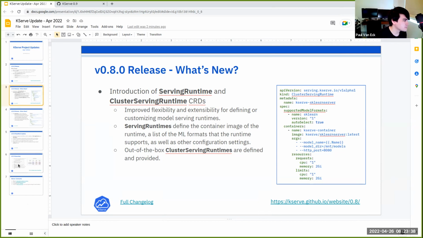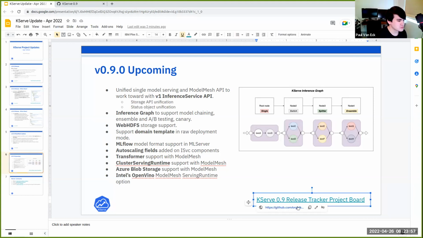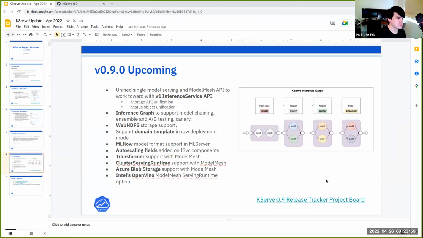Is the inference graph implementation using Istio and other networking capabilities underneath for the A/B testing, or is it a whole new implementation specific for models and serving? I don't believe so. There's an orchestrator node. We're introducing another pod, which helps the orchestration of these nodes. I don't believe we use anything for